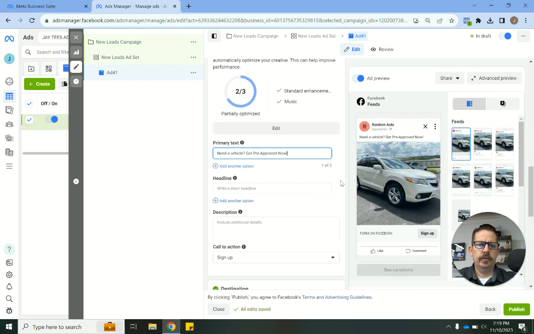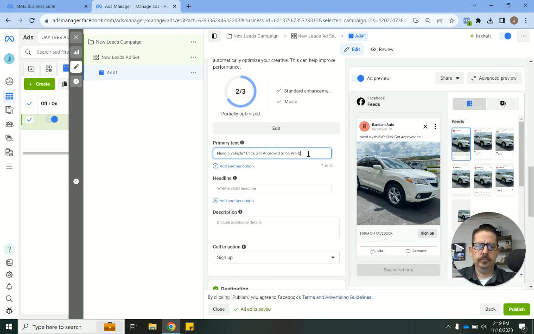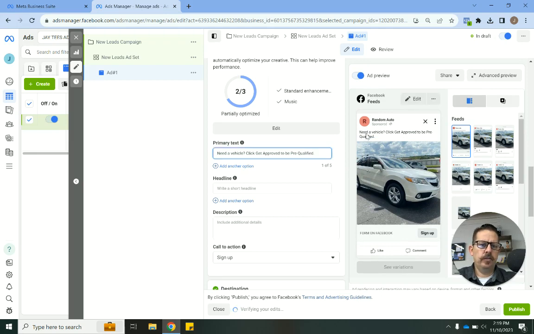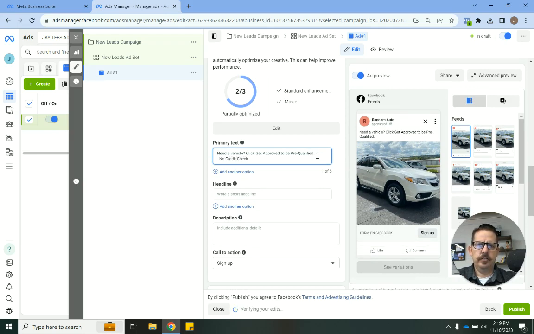Right? And you see that get pre-approved now. Maybe it's something like that. Maybe you want to, and so you notice here it's showing you what it's going to look like. Maybe it's no credit checks, or